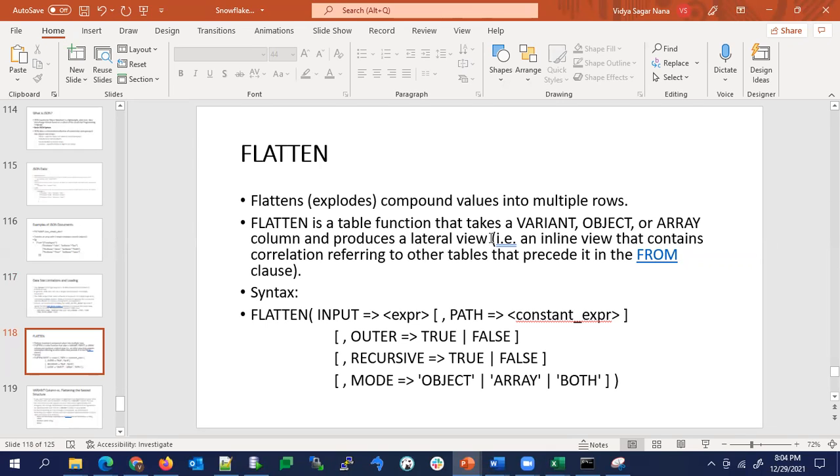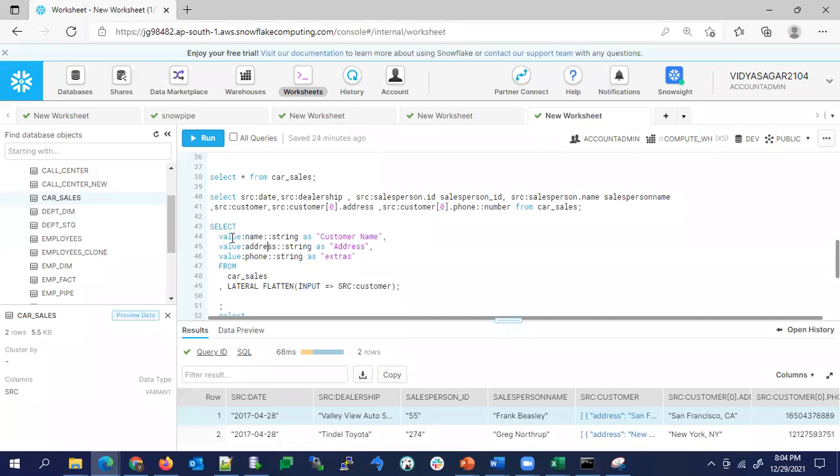After taking that, it will give the lateral view, an inline view that contains correlation referencing to the other tables that precede the FROM clause. How does it function? If you run a normal select star from table, it will directly go to the table and select those columns.